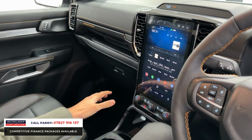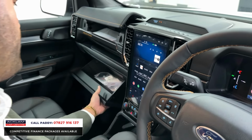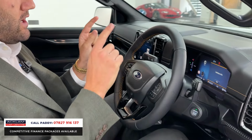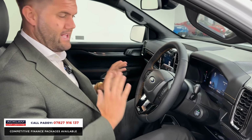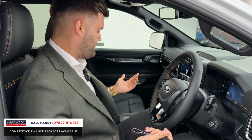All your climate control is controlled from down there, but not forgetting this is a commercial, so you've got several glove boxes if you need them, one for paperwork, one for personal items if you wanted to. Digital display. This one has adaptive cruise as well as your auto lights and the pod lights, but it's just an unbelievably good looking truck with the financial benefits of a commercial, but you would happily drive this Monday to